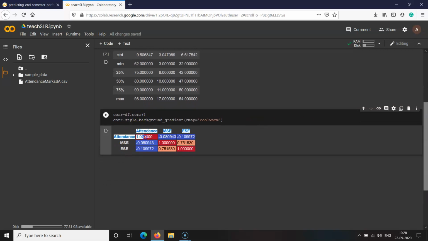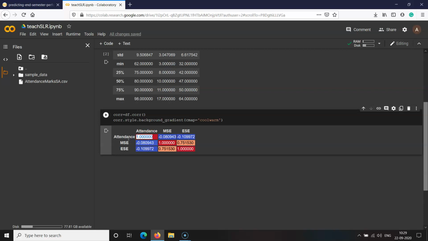In the correlation matrix, rows and the columns are labeled with the features in the data set. There are three features in the data set: attendance, mid-semester examination, and the end semester examination. All rows and the columns are labeled with the same feature variables, and the entries in this matrix represent the Pearson coefficient.